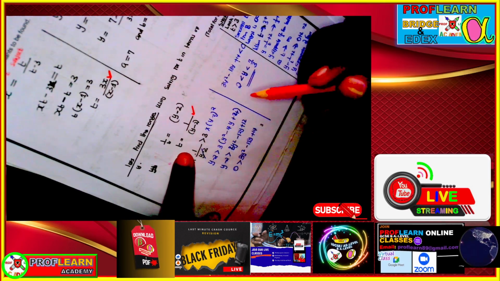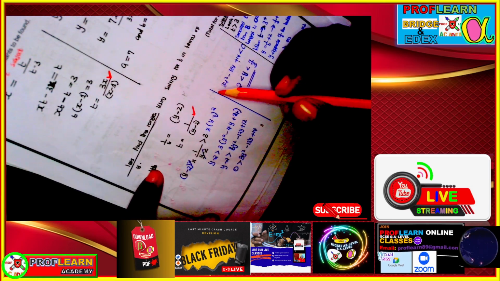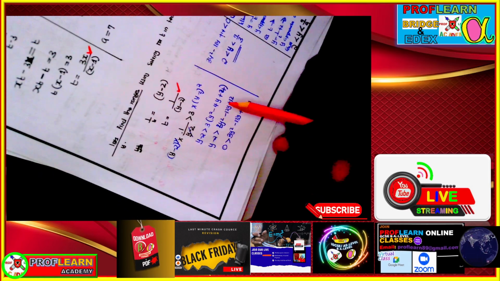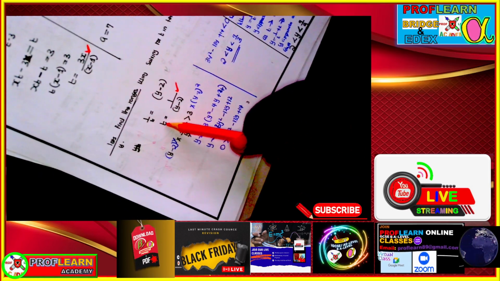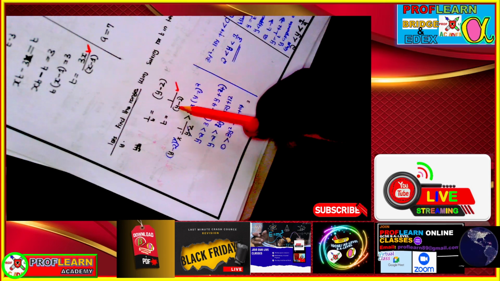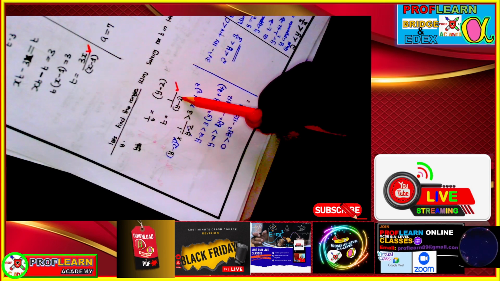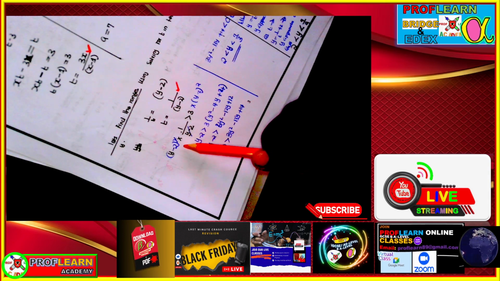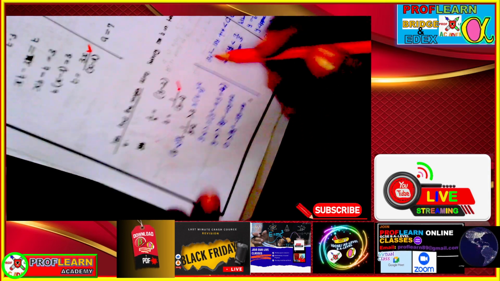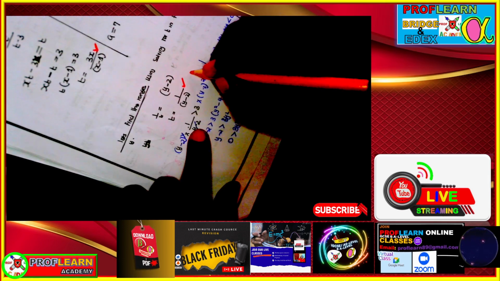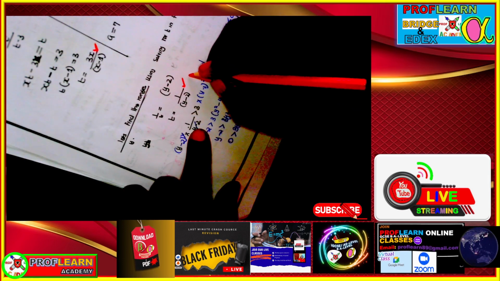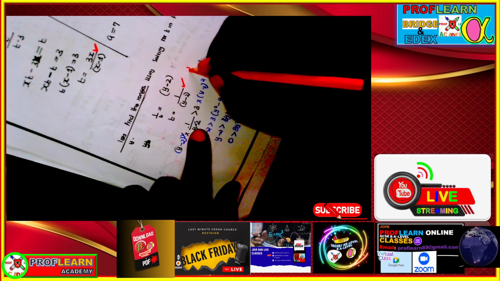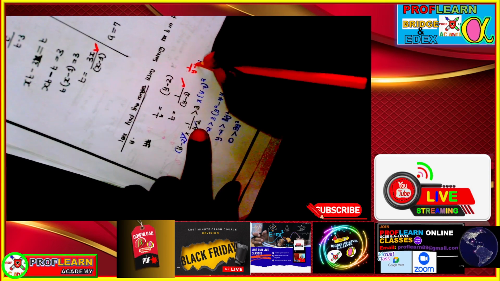This is the equation. Now after making the subject, you can see what I've just done here: t is equal to 1 over y minus 2, right? So I'm going to multiply both sides, because I shall have from here 1 over y minus 2,